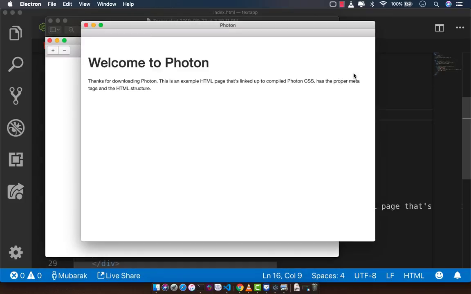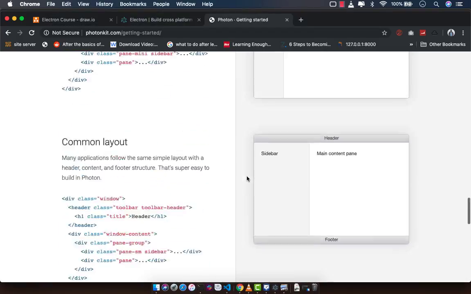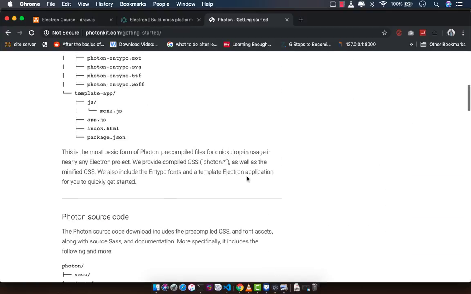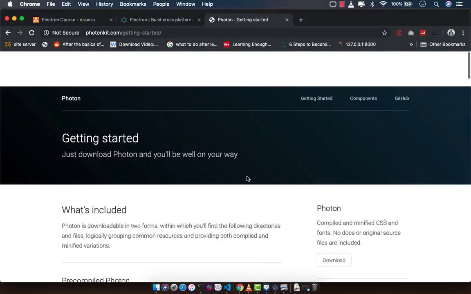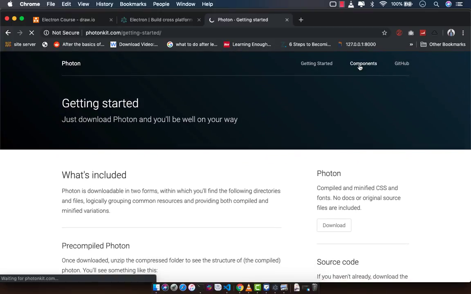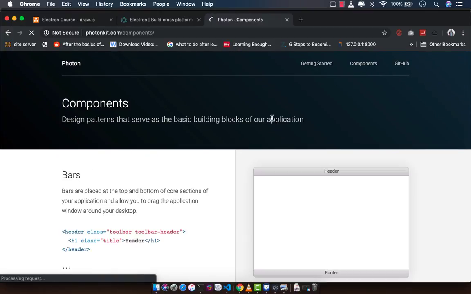So let's go to our Photon documentation and see if there are any pieces of code in there to help us add two buttons to the left. So back to our Photon documentation page. Let's scroll up and then click on components, and this should bring us to all the components that we have